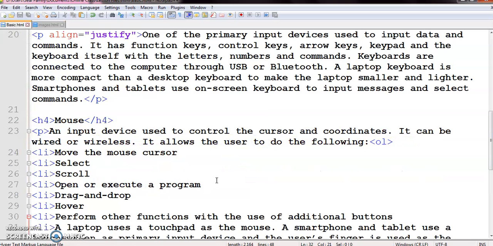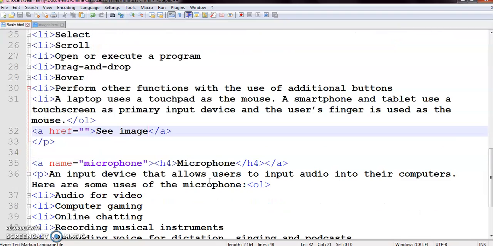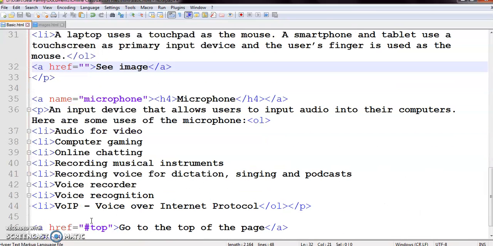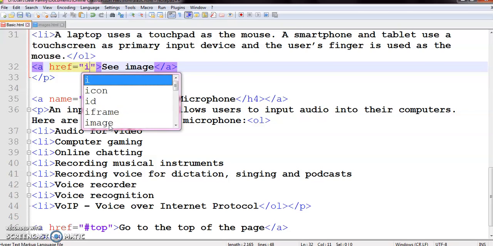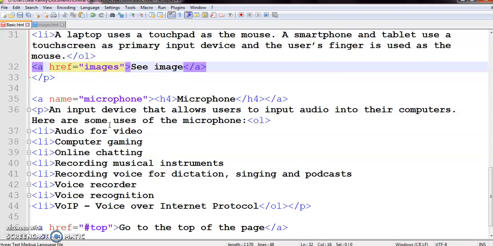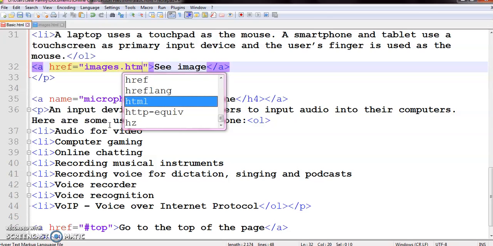So when we are jumping inside the same web page, we only provide the hashtag part and then the name of the section. But when we are jumping to a section of another web page, first we have to provide the URL, that is my images.html, because it is the name of my web page.